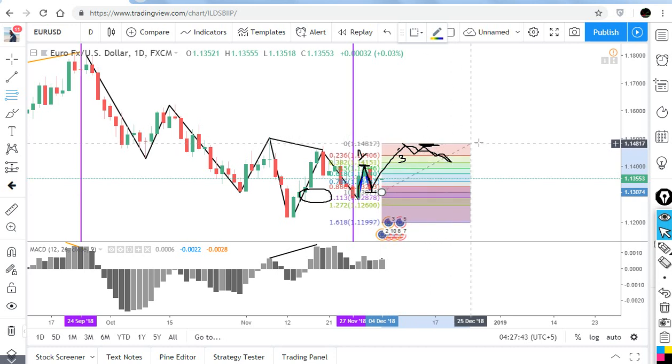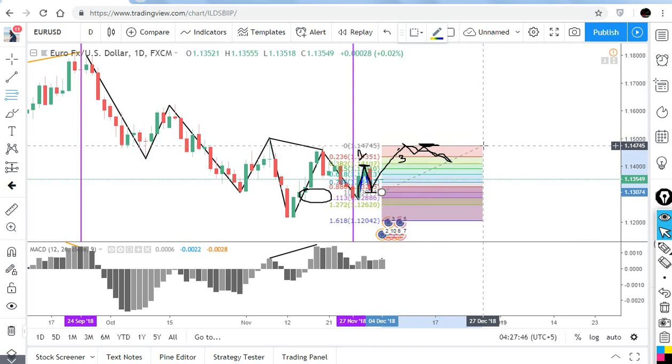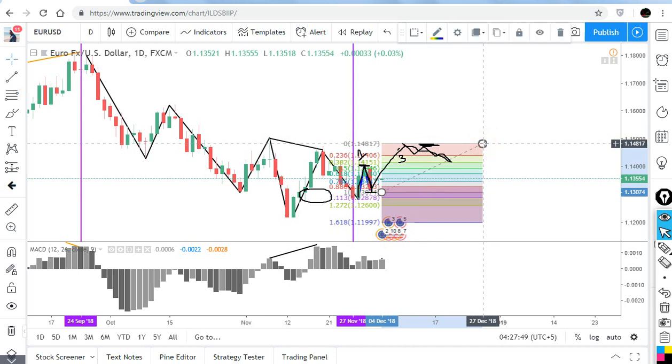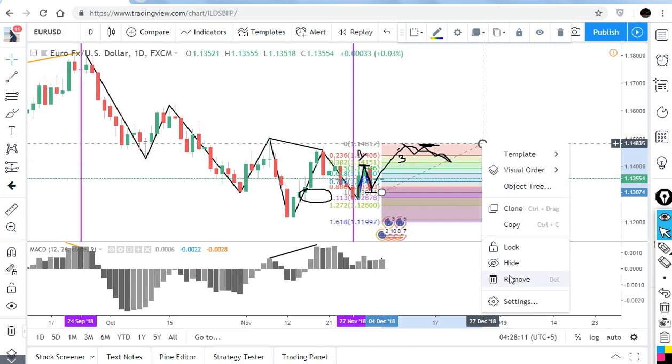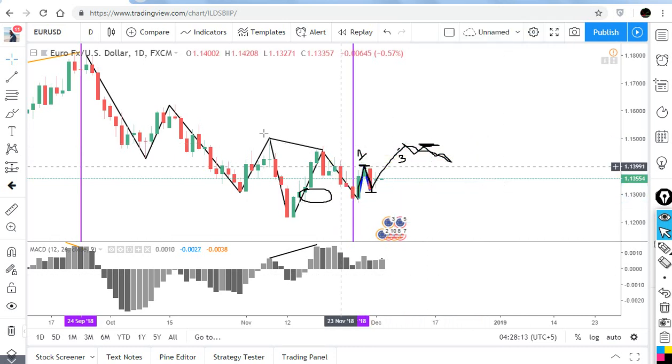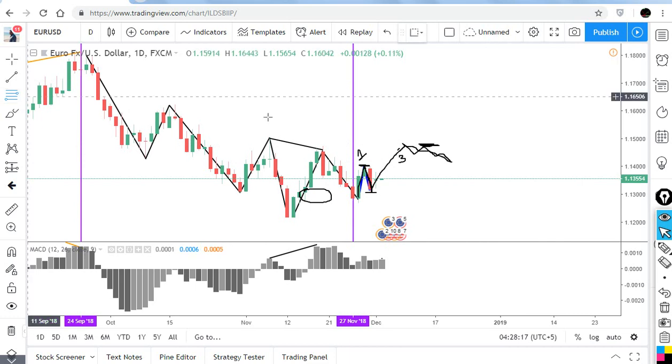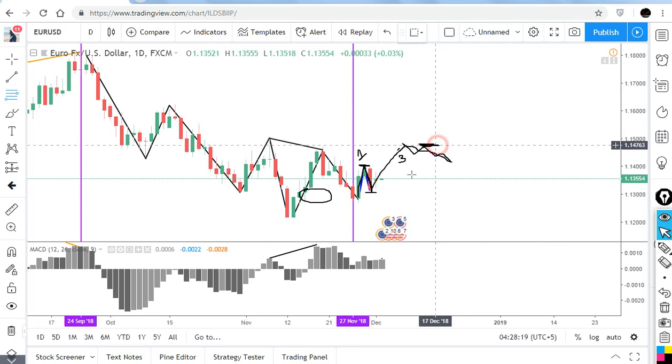So our first correction was 78.6, right? So our next will be a minor one, that will be 0.618 right here. So maybe it comes to 50% right here. Okay, and maybe it comes to 0.382, but it depends upon the market, it doesn't depend upon us. So the projection of the future from these points is from this point to this point, right?